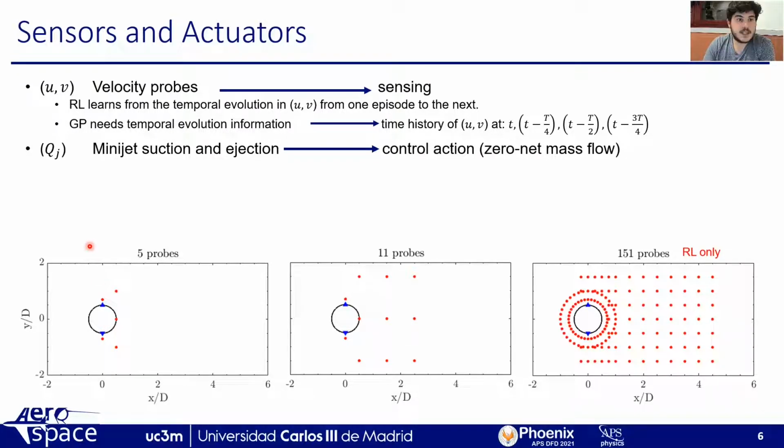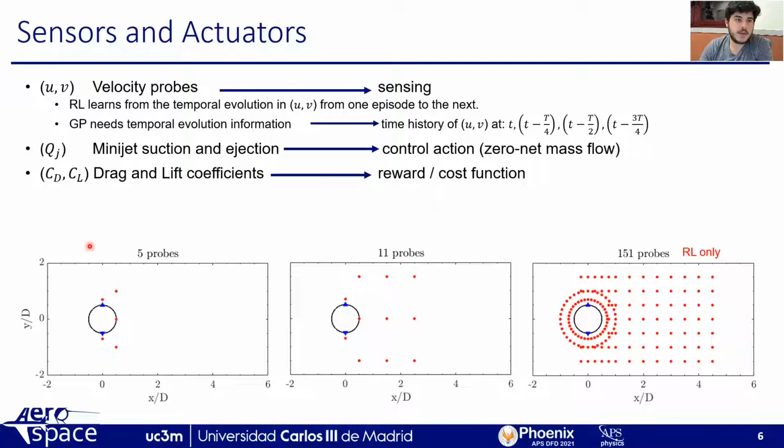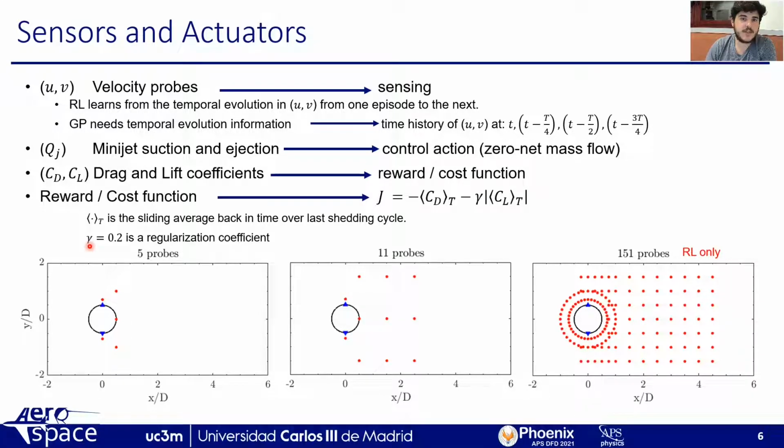And in terms of the state, we will evaluate it with two figures of merit, which are the drag and the lift coefficient, that tell us well enough how the flow is oscillating and also how it is evolving in terms of our cost function, which is defined as you see here. The main target is to minimize the drag coefficient, but not only that, we add a regularization term in order to have a symmetric solution, or at least as symmetric as possible. That means having the mean CL value equal to 0.